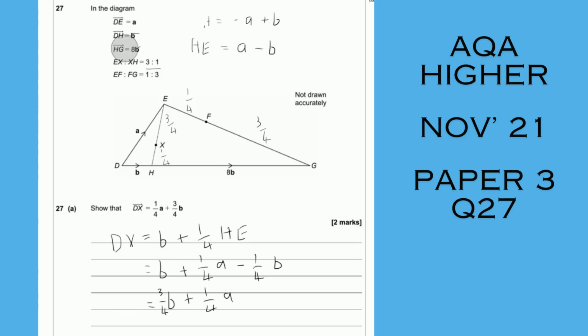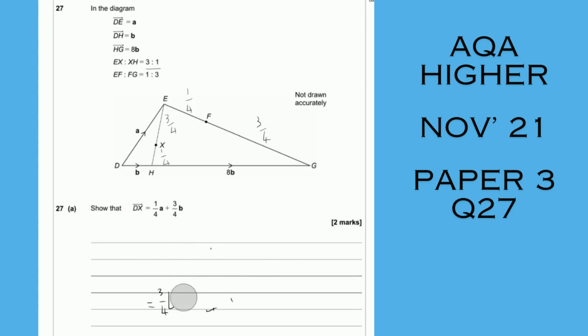Now, as with a lot of these ABs, they give you part A as a show. So even if you can't sort out part A, don't let it put you off from attempting part B. So like I said a bit earlier, so I don't have to keep flicking backwards and forwards, I actually know what part B says. Part B is asking us,